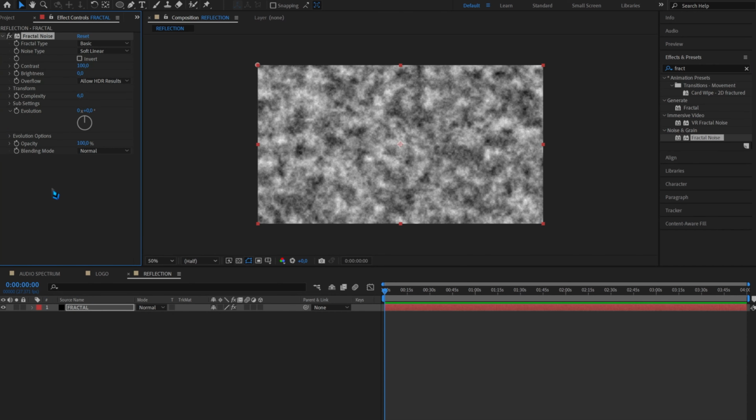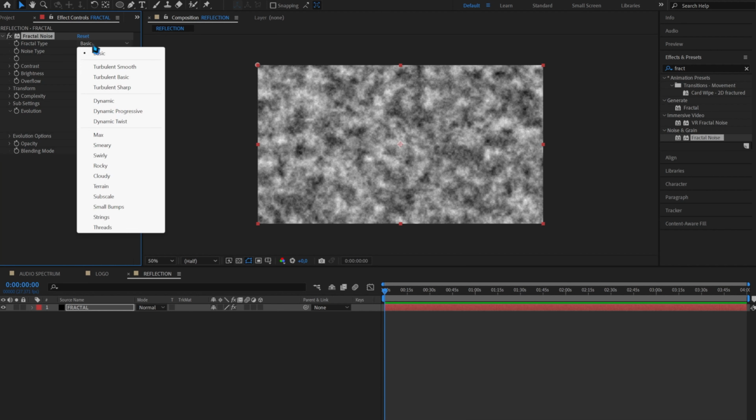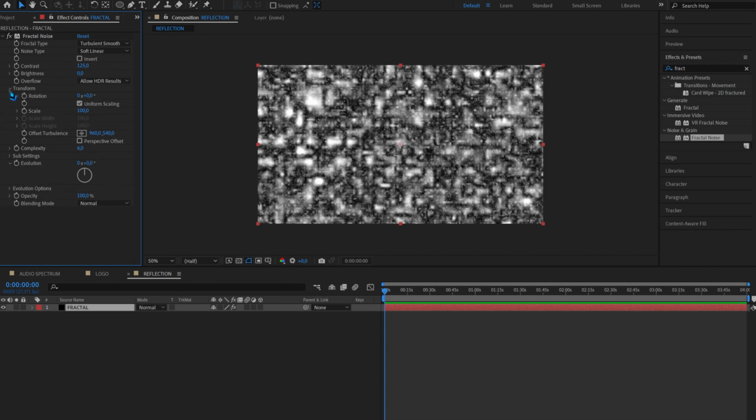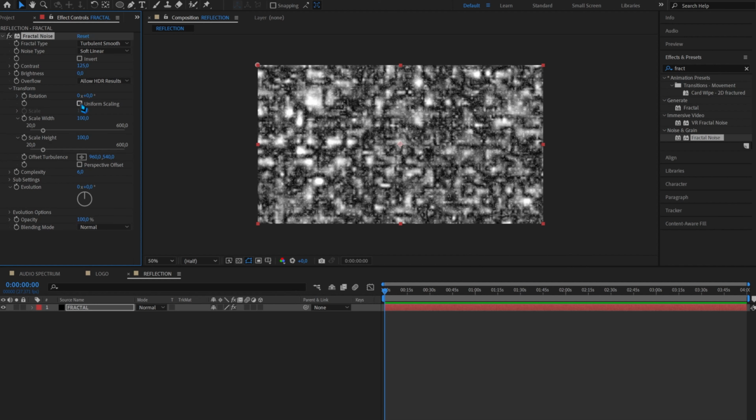Now as a fractal type, let's select turbulent smooth, contrast 1 to 5, and click in transform, enable uniform scale, deselect, and scale height